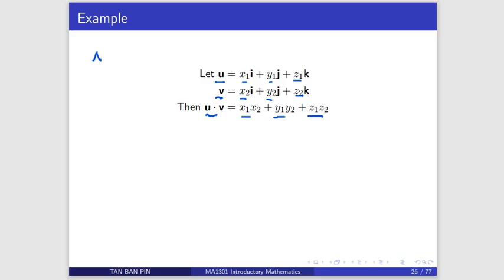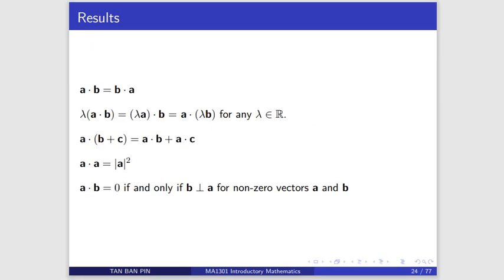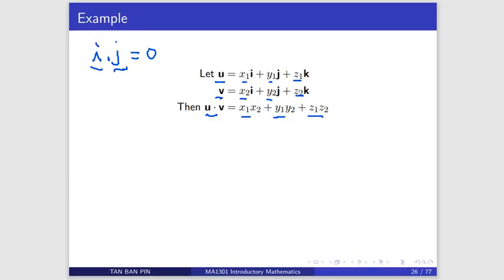So before that, you must know that vector i and vector j are actually perpendicular, so i dot j should be 0. We know that a dot b will be 0 if a and b are perpendicular, because a dot b gives you magnitude of a, magnitude of b, cosine 90. If a and b are perpendicular, the angle between them is 90, and cosine 90 is 0. So with that, you know that i dot j, i dot k will be 0. Same thing, j dot k will be 0.